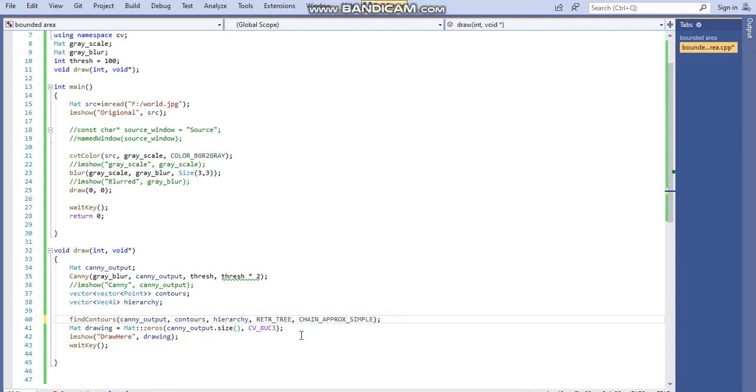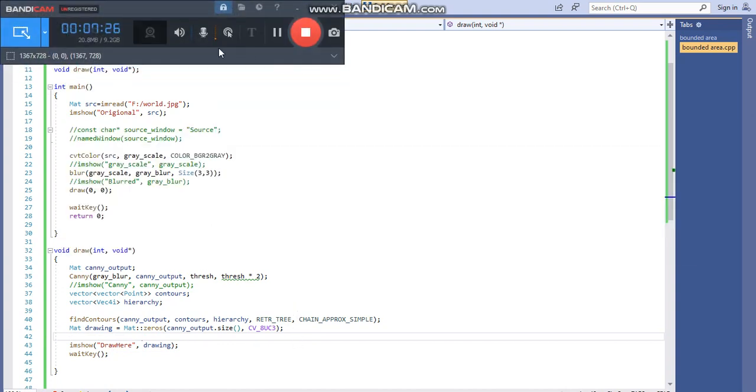Next we will be drawing the contours. For that we need to write a for loop.